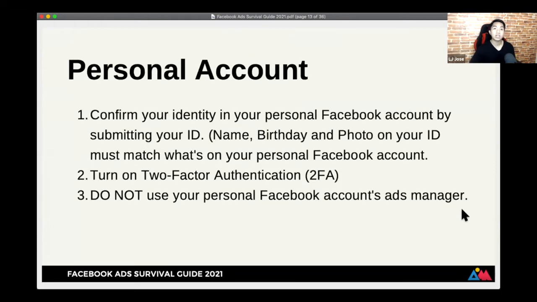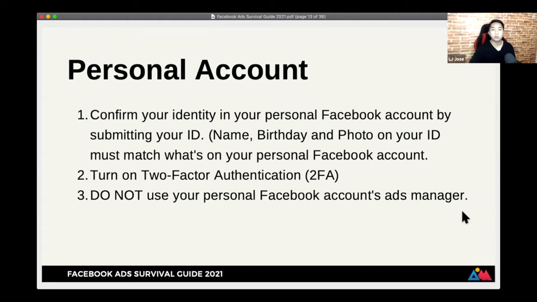So for the personal account, the first thing that I would recommend is that you have to confirm your identity in your personal Facebook account by submitting your ID. If you don't do this now, chances are in the future when you're running Facebook ads, you will be required to do so. And magsa-stop yung ads mo or madi-disable mo na yung account since hindi confirmed yung identity mo.